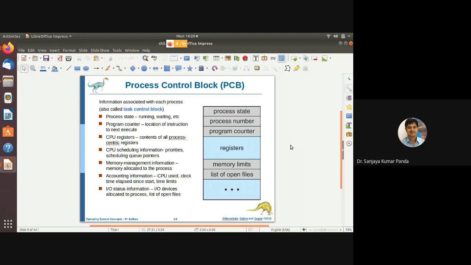Like whenever a student joins a particular institute, we maintain a record of the student: 10th class details, 12th class details, JEE details, home address, hostel address, everything we keep in a file. Similarly, in the process case, we are maintaining various things.